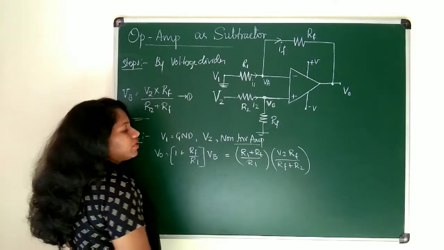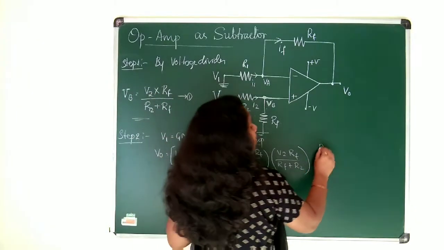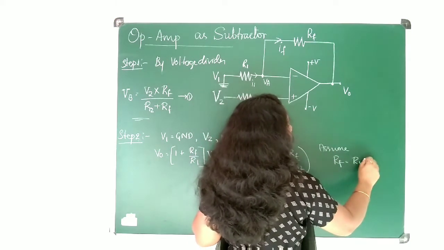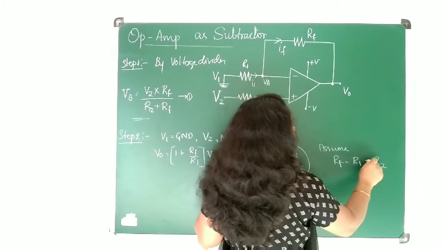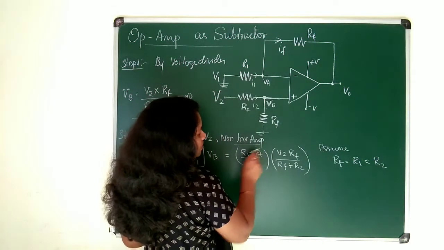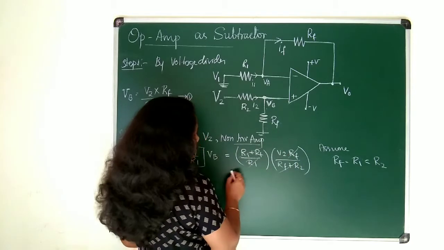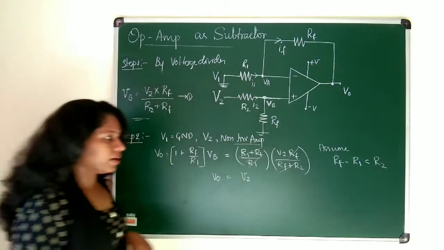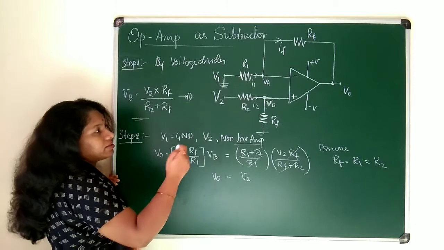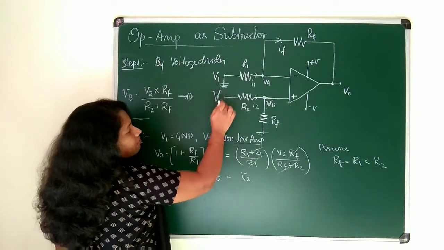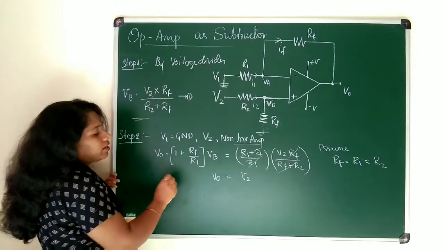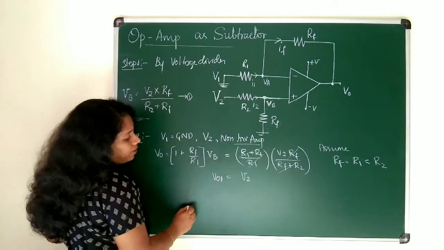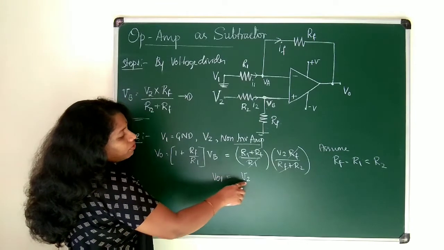Okay. So now what happens if you assume R1, R2, RF are of the same value? Then the terms cancel, RF and R1 cancel, and you will be getting V2 as your V out. Okay. So here I will find the next step by connecting V2 to ground and applying V1, so that you will get one more output. To differentiate it, I will write this as VO1. Output voltage 1 is equal to V2.